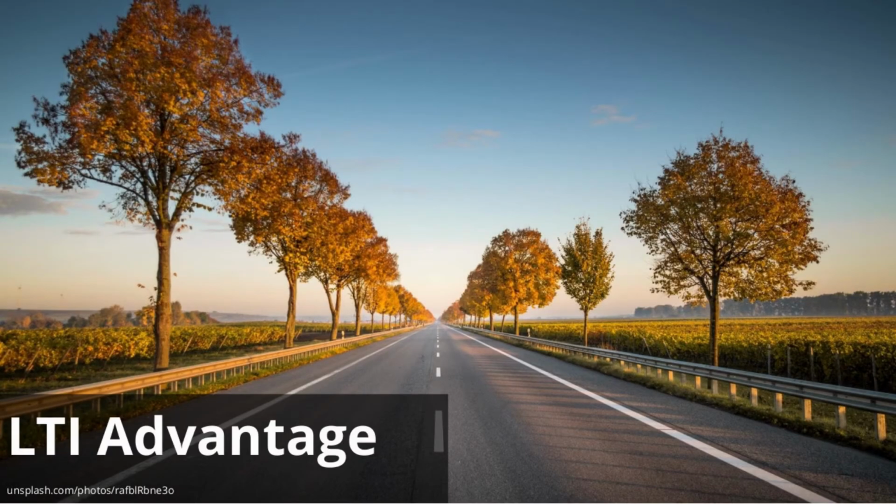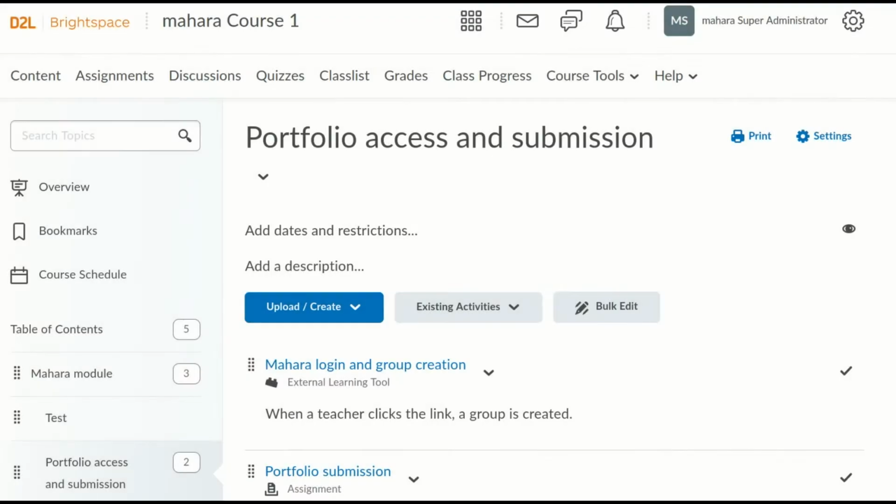LTI Advantage. LTI Advantage has currently been fully tested with the Brightspace learning management system. Testing with Moodle has started and will require some more investigation. This first implementation of this major feature allows you to authenticate from Brightspace into Mahara, similar to the existing LTI